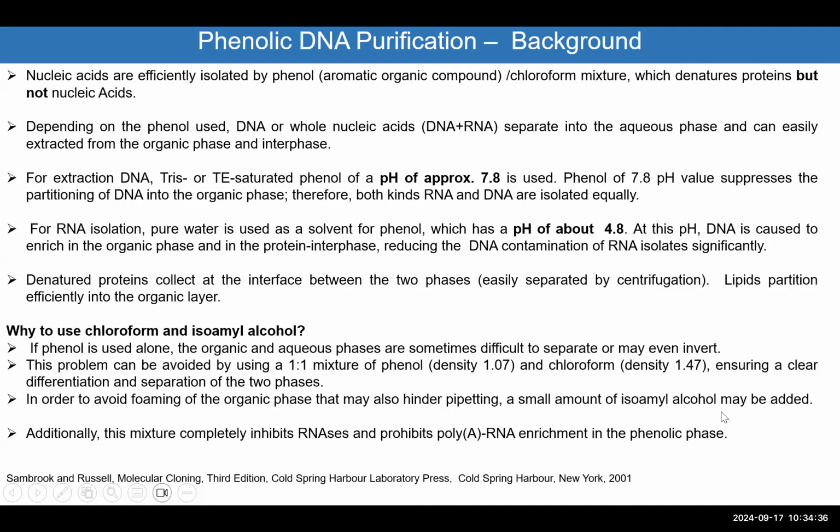So at least by these couple of slides, you already know if you have two types of phenolic solution, one of pH 7.8 and the other 4.8, you directly know which one you use for DNA extraction and which one you use for RNA extraction. And if those compounds contain chloroform or isoamyl alcohol, you would know why those compounds are added. And in case you are not getting a very good separation of the two phases, you will directly check if you have the chloroform and isoamyl alcohol in your solution or not. Okay, now